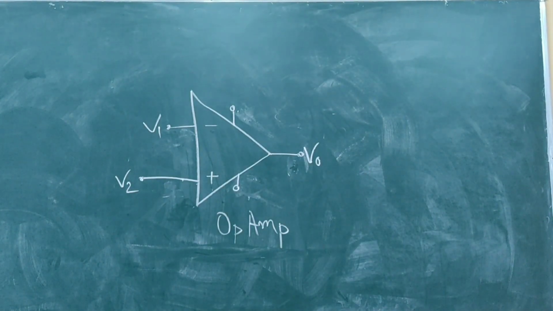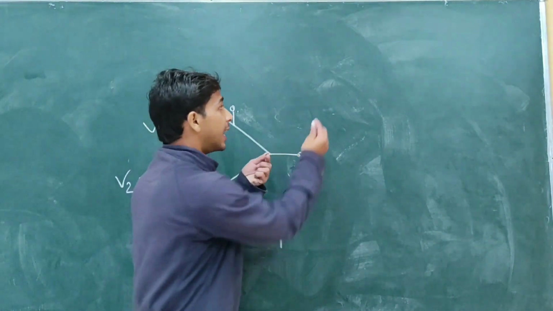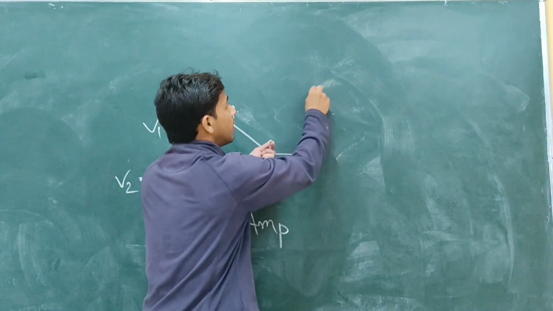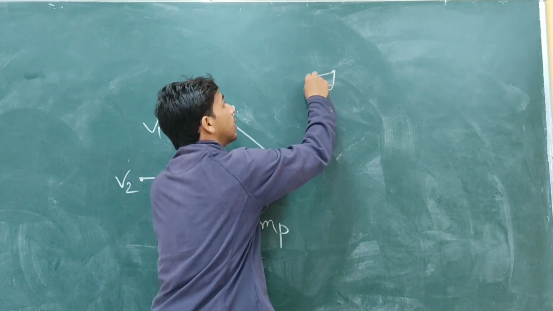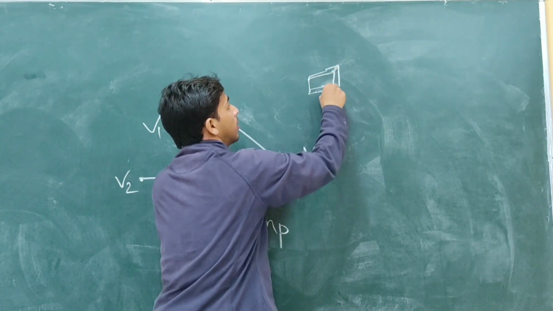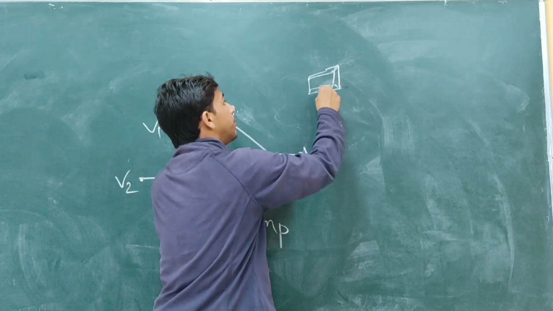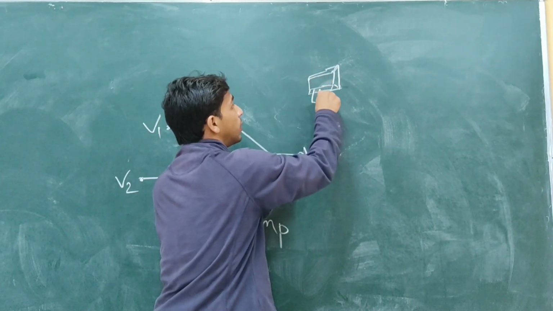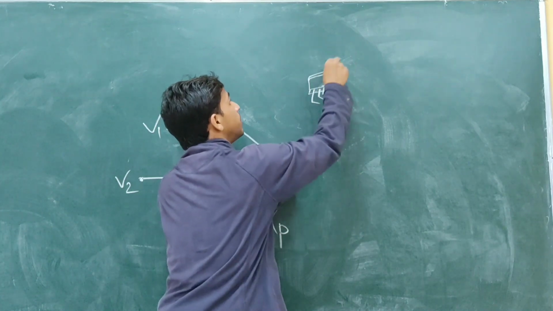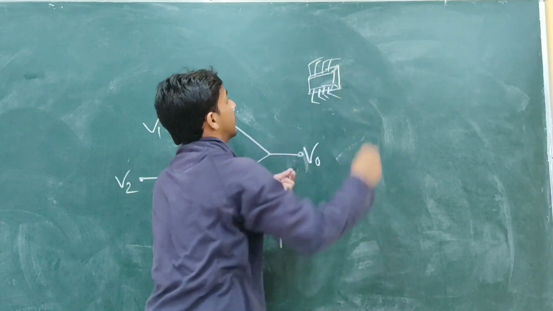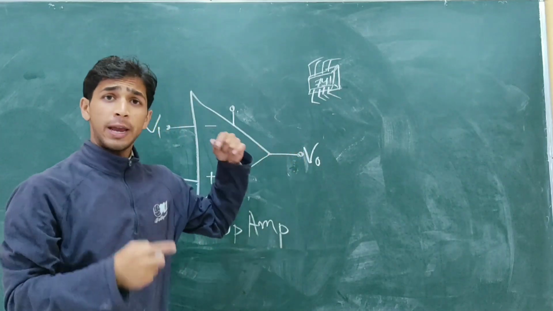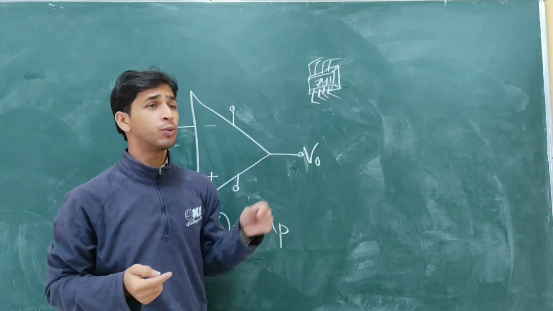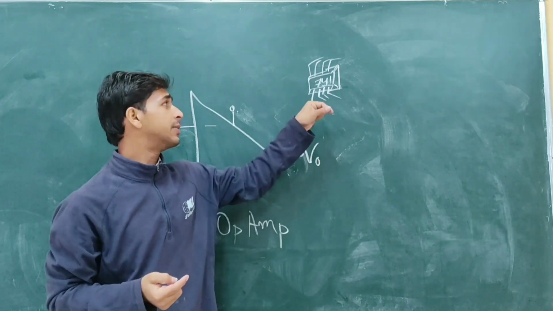To deal with this IC, every time we are not going to draw this IC like this. You are looking at the IC and I am trying to draw this IC. So this IC is something like this. Every time you would have to draw one leg, 2 legs, 3 legs, 4 legs, 5th, 6th, 7th, and 8th leg. And we have to name that IC as 741. So every time we would have to draw this kind of figure to deal with this IC. This is not possible, right?